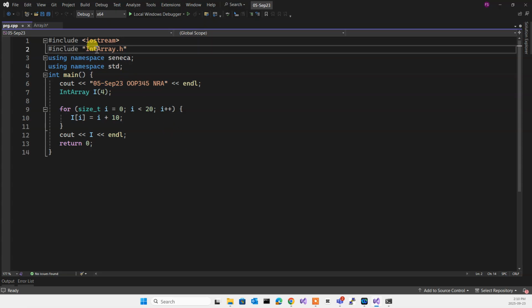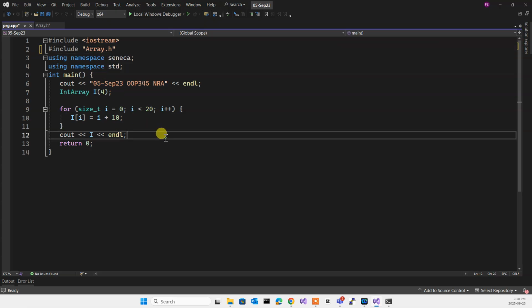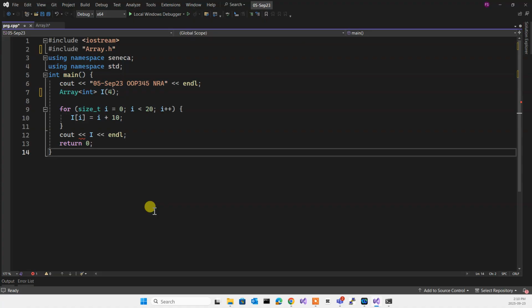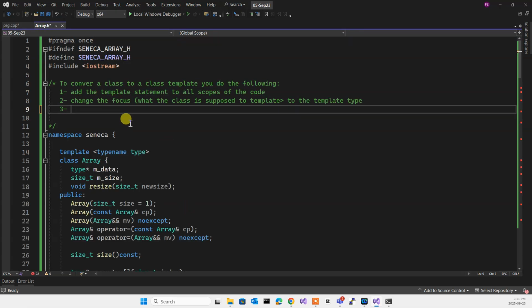So in here, I'm going to have array.h. If I want to actually create an array of integer, I need to add over here an int. I need to change it like this. So now it becomes an array of integer, right? So when I want to do something like this, I understand that the class itself needs to carry the type. So I go back to the code and I look at the code. The third rule is going to be: add the type of the template to all the template class names,